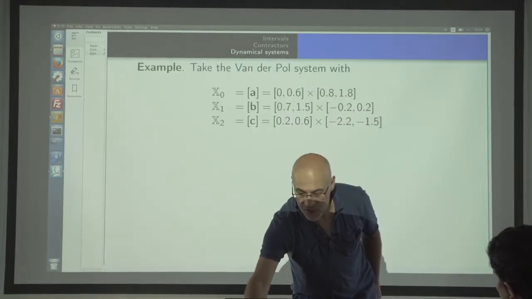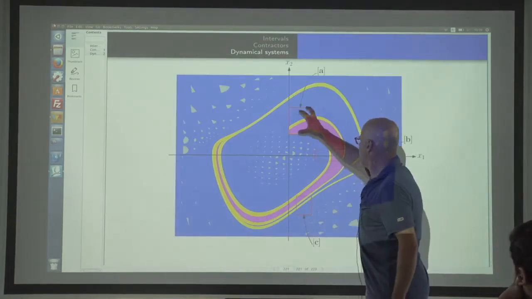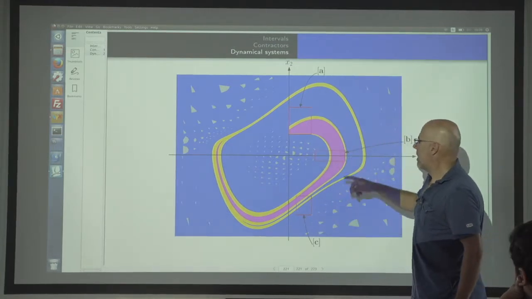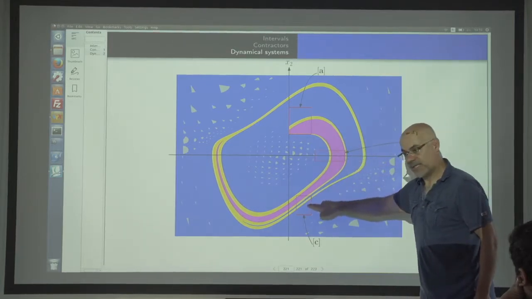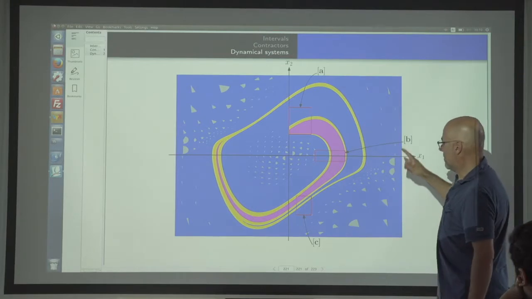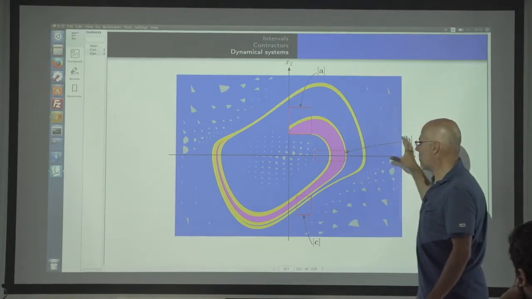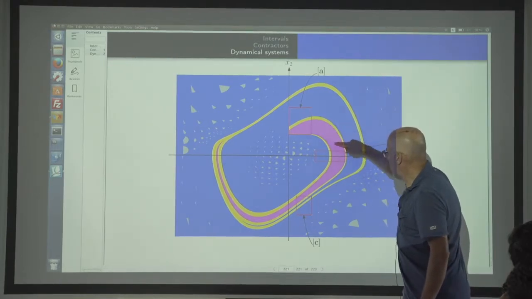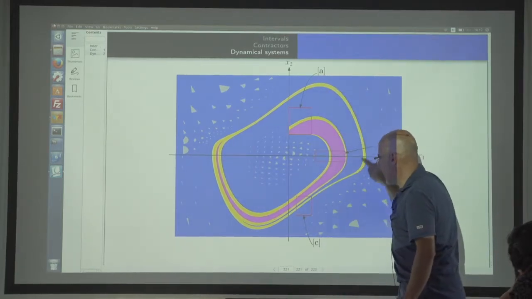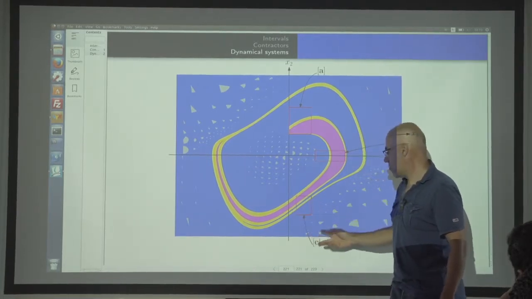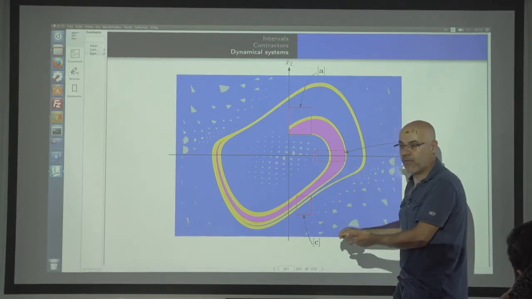So just an example to finish. The Van der Pol example. I have 3 boxes, this one, and this one. And I want to find all paths that visited A, then B, and then C. So you can see here that I will draw one trajectory which shows you the complexity of the problem. I start here, I go here, I may avoid this one, and later I may come back to C. It may correspond to a feasible path.